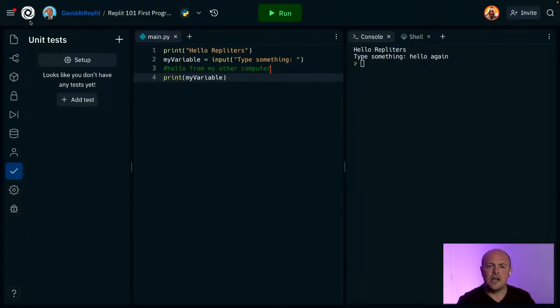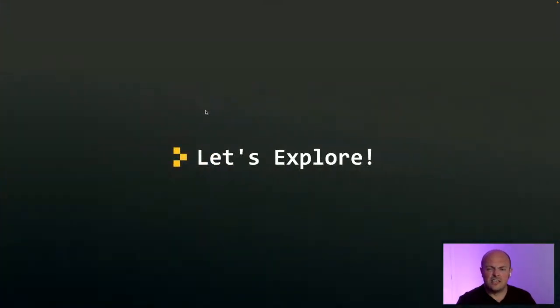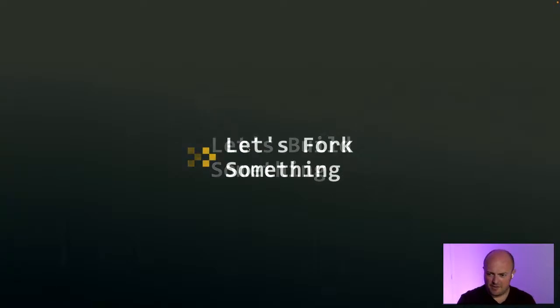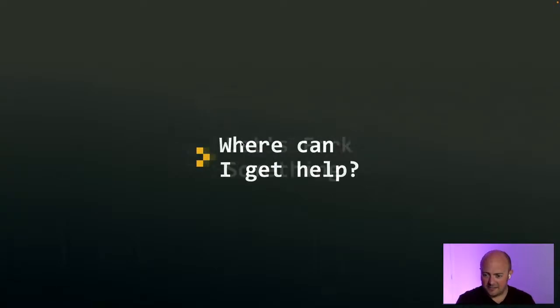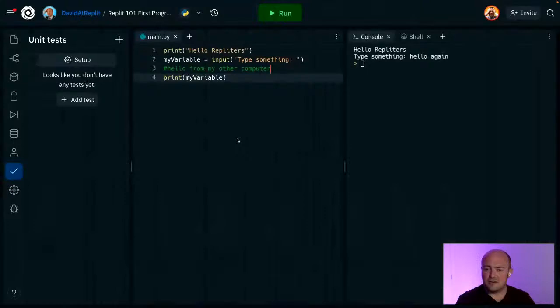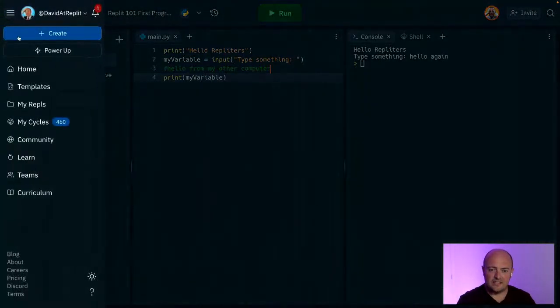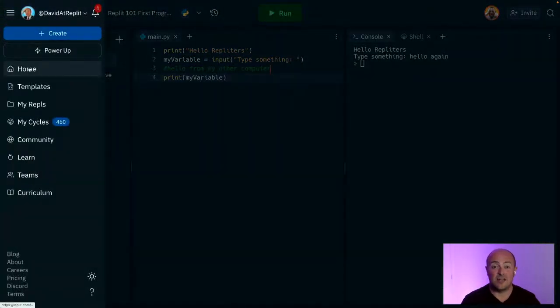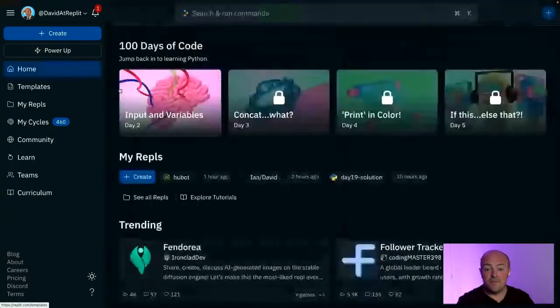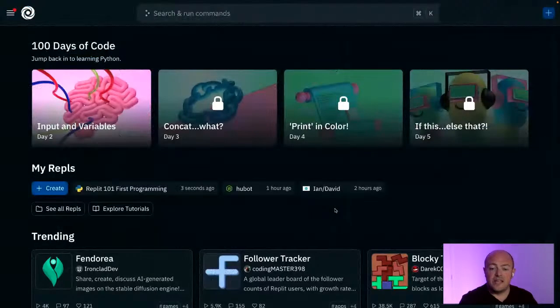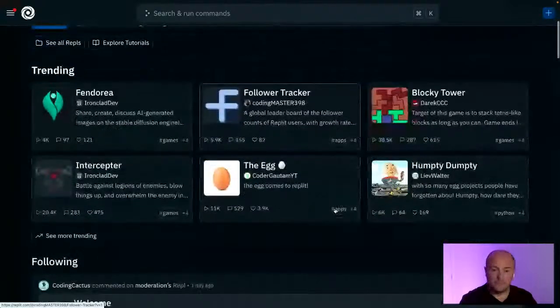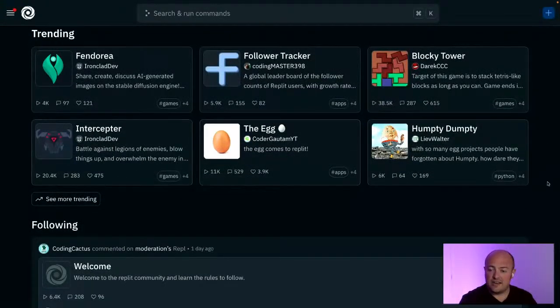Let's have a little look around Replit a moment and see what else we've got. Let's just check that I'm covering everything. Right. Okay. So this idea of forking is amazing. Now, in software development, forking is where we take a copy of the code, and that normally means that we can go and do something different to it. Now, on Replit, we have a community. Our community trending tab here